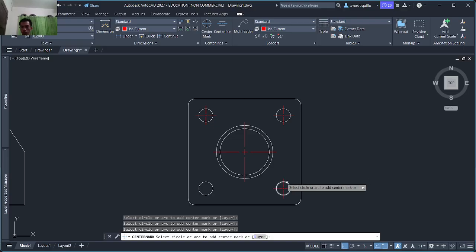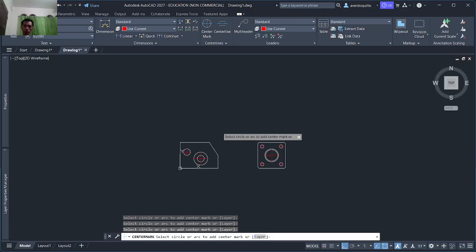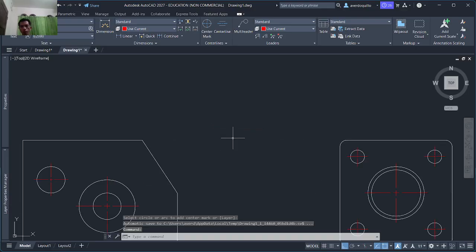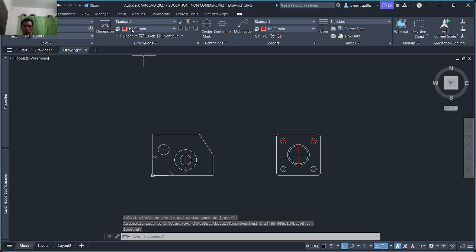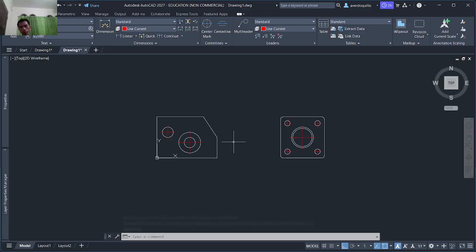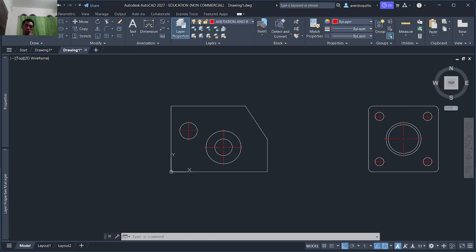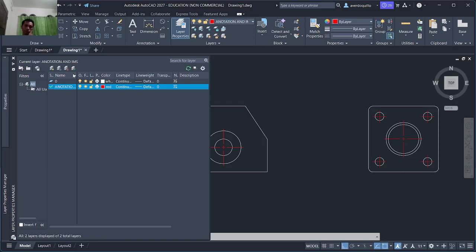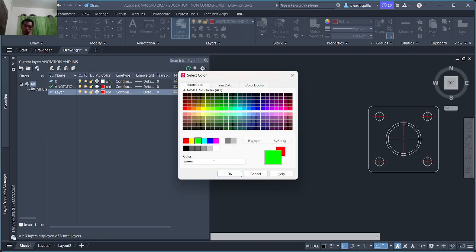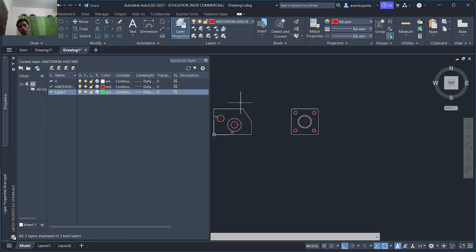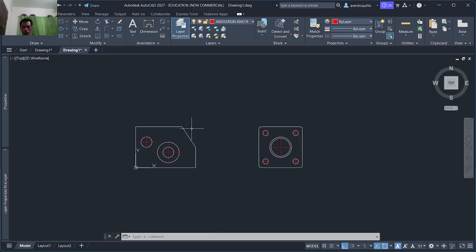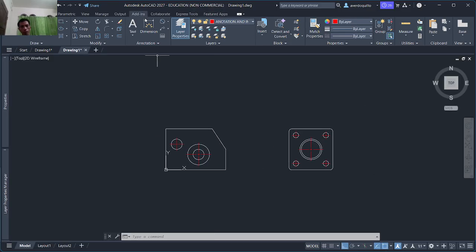Center mark, center mark, center mark. Enter. I have to create another layer for this one to make it more convincing. Home, layer. I have to use the green one, and now we have to measure everything.